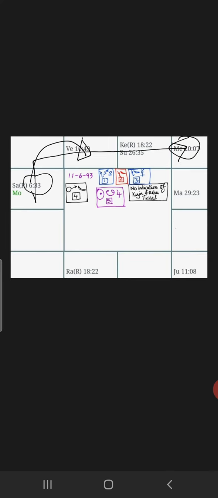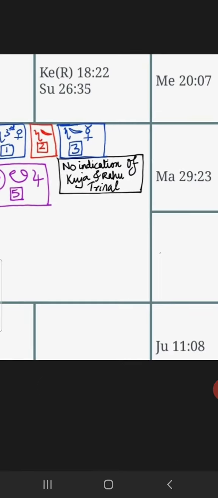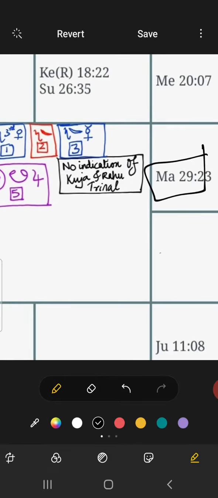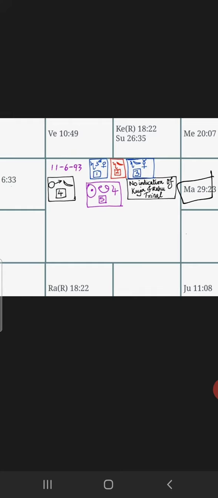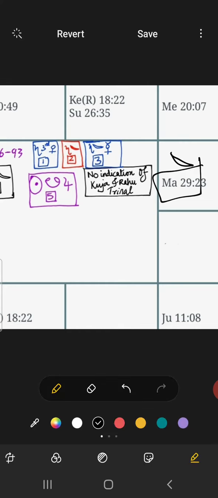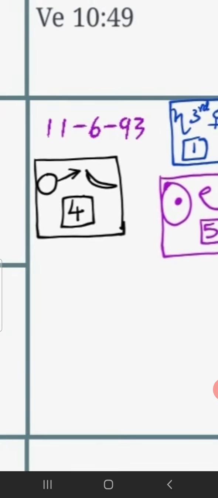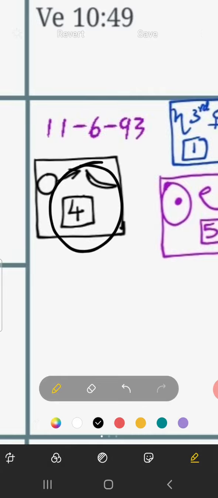Now, the other part which we have to observe here is that the Mangal is what you should be focusing on. The Mangal is in Kark Rashi. Therefore, it has influence, sambandh, with Chandra. It has a strong influence of Chandra. So here we go, one by one. Where I put 4, this is where Mangal and Chandra are related.